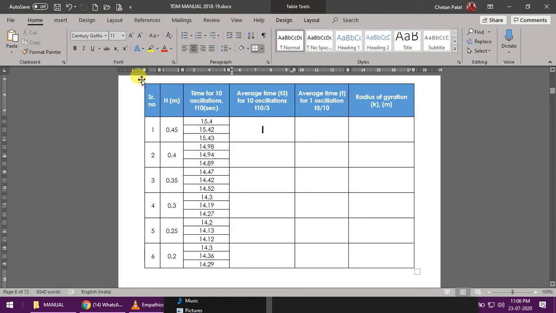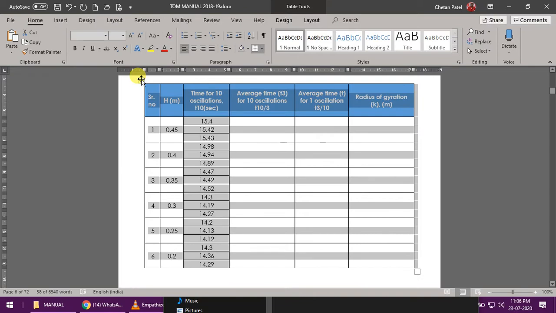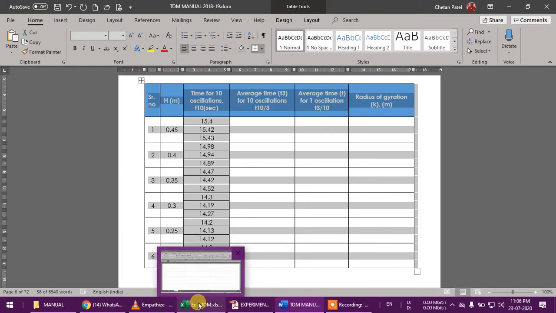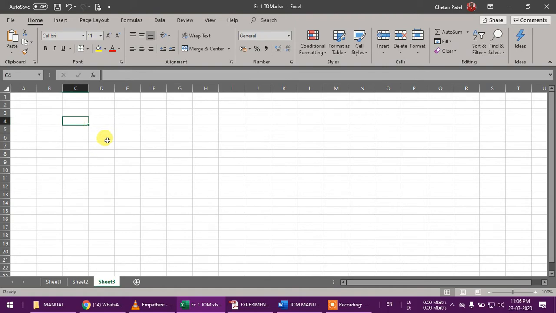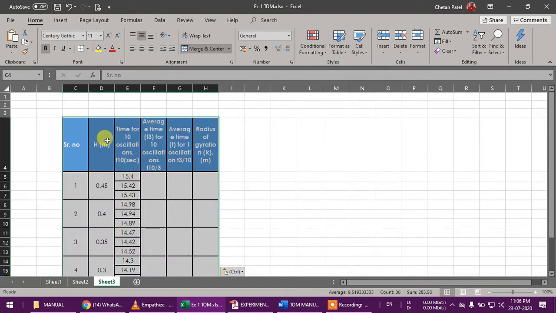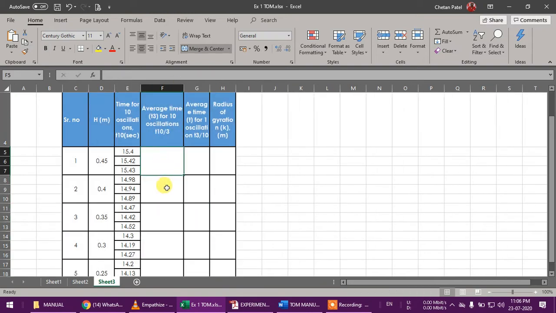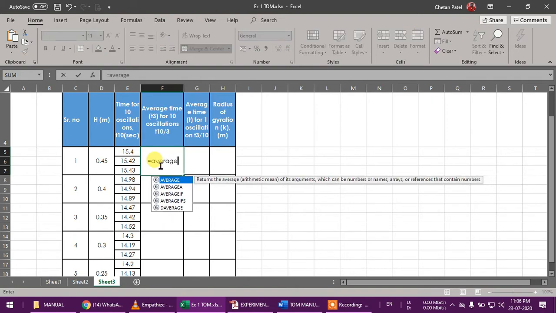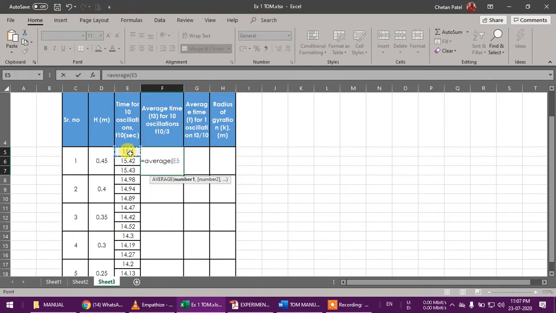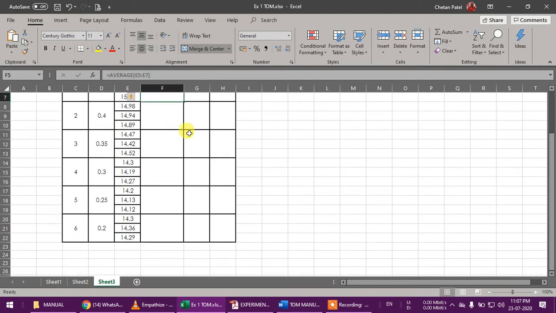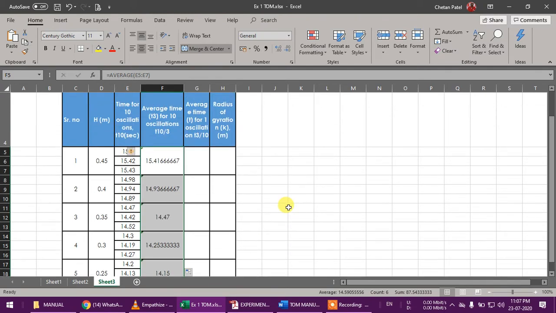So from this point it is better to transfer from Word to Excel. So I am going here and I am going to put the values here. Now this is the time, which means here we need to take the average of this. So we'll use the function average, equal to AVERAGE bracket, and we'll take all these three values, bracket over and enter. So this is the average of these three. For the remaining, you already know what we need to do. Just drag this handle and you will have the other values.